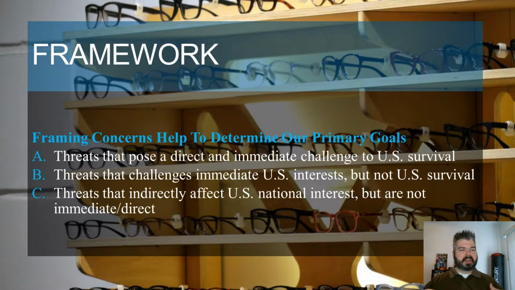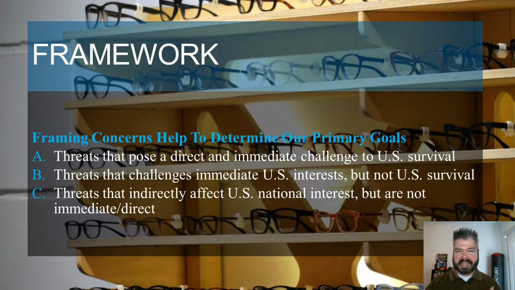So framing concerns help to determine our primary goals, right? Political scientists, policy experts, foreign policy decision makers, we come up with a list to try to give priority to issues, to try to help us understand what our interests are. So we create this list of 3. We have an A list, a B list, and a C list. The A list